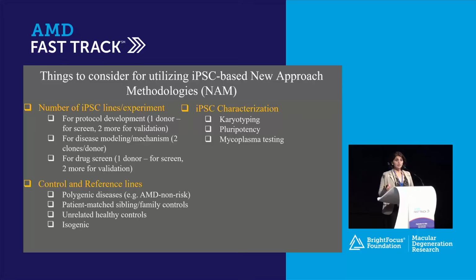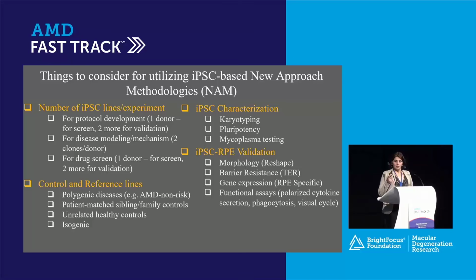Again, repeating the same thing, it's a must thing to do. You want to make sure that the iPSCs you're making are characterized, they are stable, they have a stable genome, the pluripotency markers, and iPSC cells are very susceptible to mycoplasma. So make sure that if you're using iPSC cells, you are testing every other week so that you are avoiding this contamination.